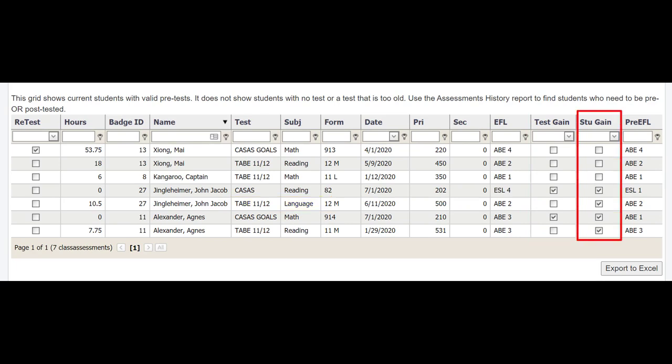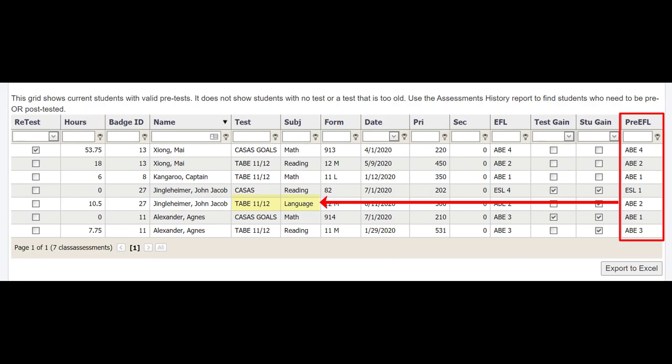The student gain column will show a check mark if a student has a gain in this or another test family and subject in this NRS program year. Finally, pre-EFL shows the entry education level for this program year in this test family and subject.